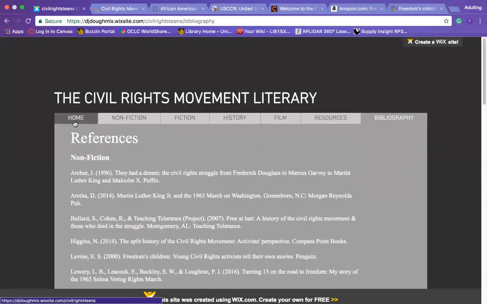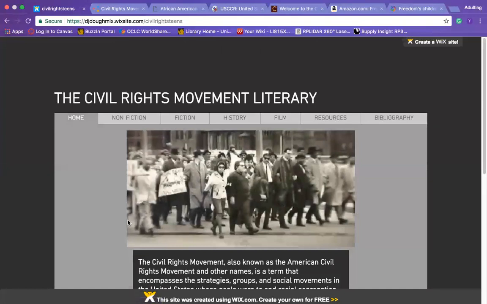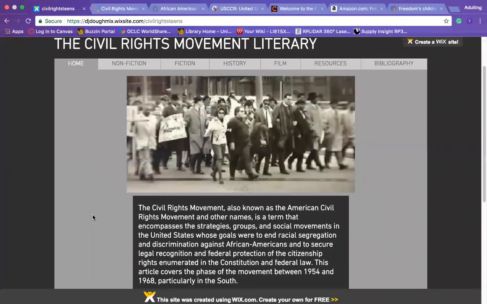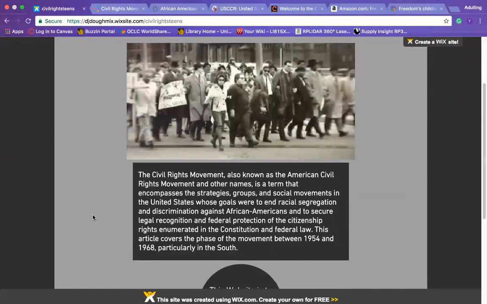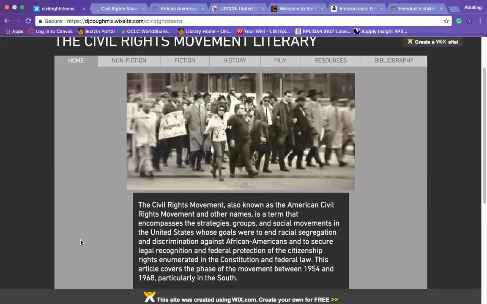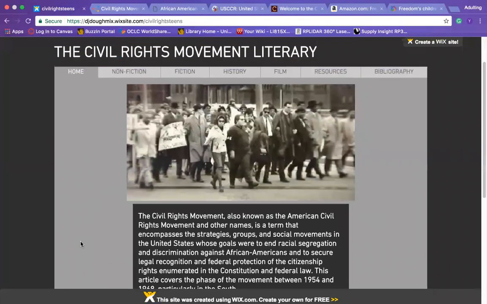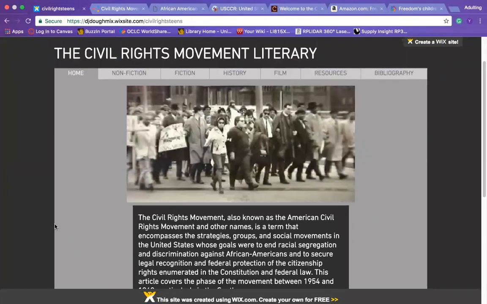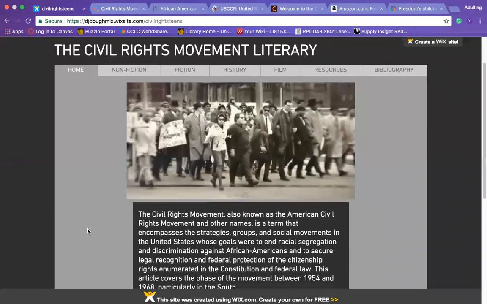Overall, the civil rights movement is very impactful. A lot of teens today are wondering what will happen today and in the near future regarding this issue. It's always changing, and for us to maneuver through the issues that are facing us today in America, we have to know about our past.